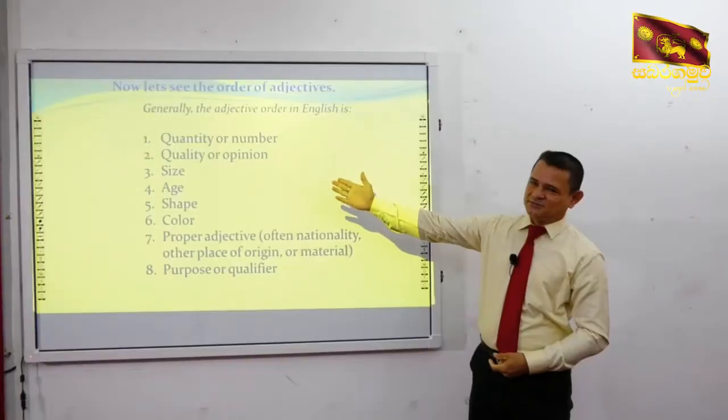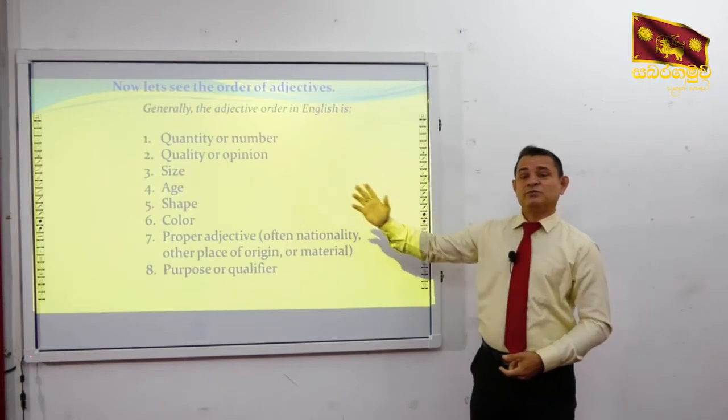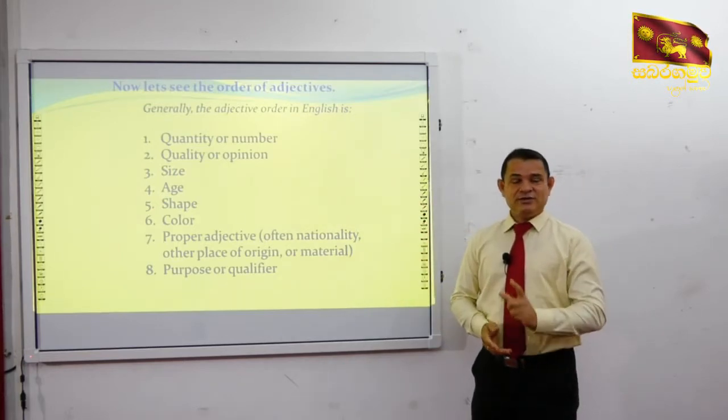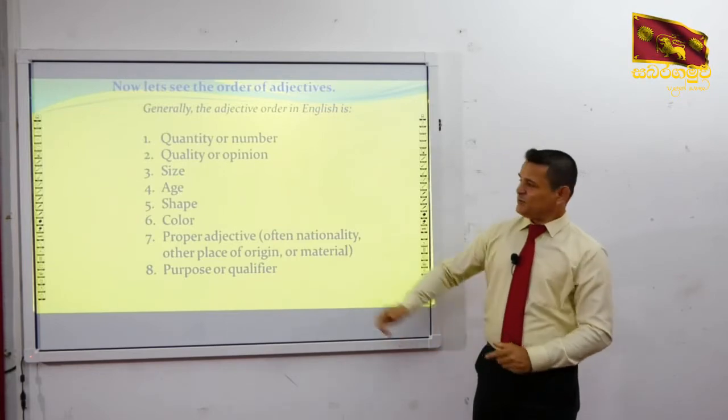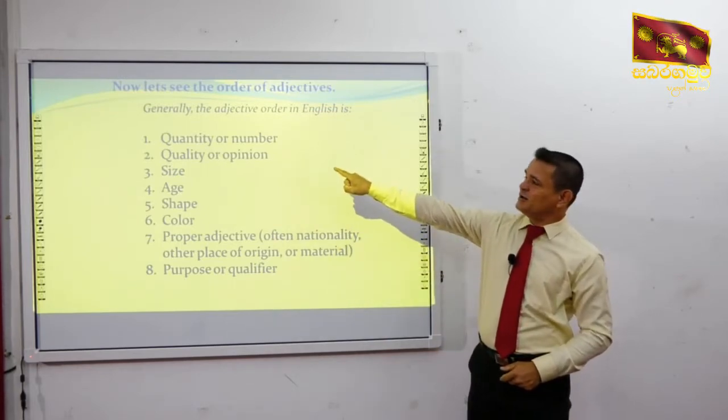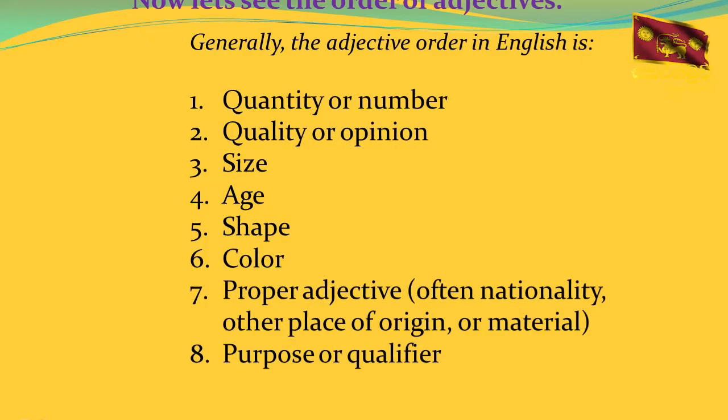So this is the order. When you use many adjectives to describe a single noun, follow this order. First talk about the quantity or the number: 1 or 2 or many, some, like that. And then the quality or the opinion. Next one, size: big, small, like that. Next one, age, whether it is old, young, like that. And shape,